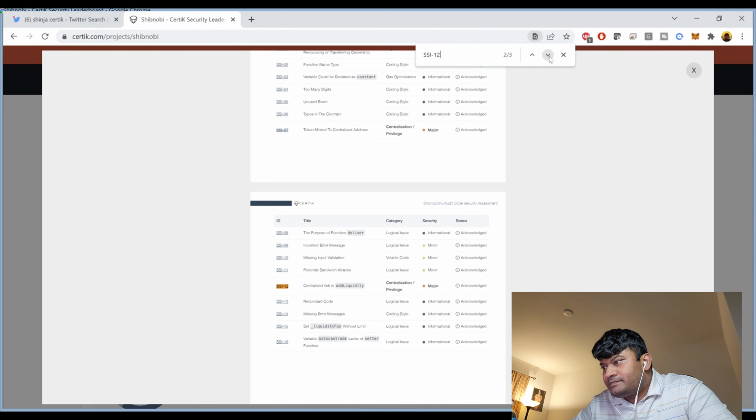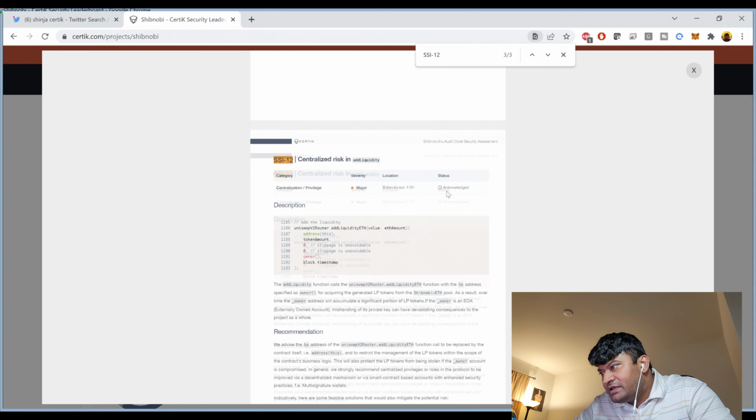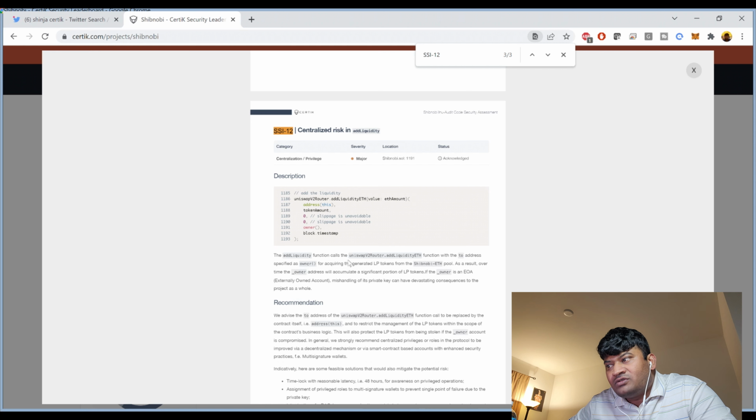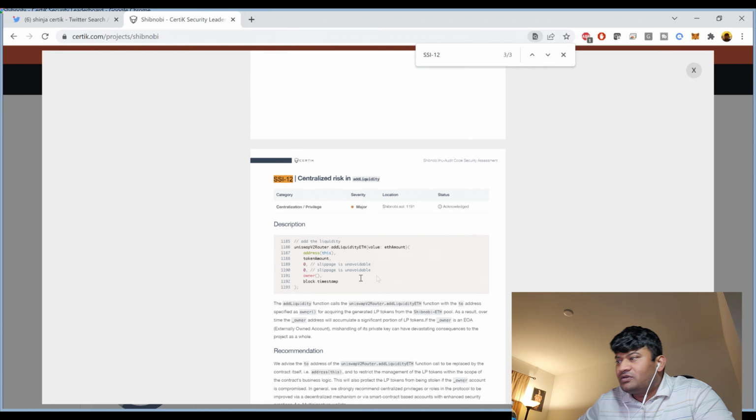Let's go here. SSI 12 is the add liquidity function, which calls the Uniswap v2 router add liquidity ETH function with the to address specified as owner for acquiring LP tokens from the Shibnobi ETH pool. As a result, over time, the owner address will accumulate a significant portion of LP tokens. If the owner is an EOA, an externally owned account, mishandling of its private key can have devastating consequences to the project as a whole. So very similar to the other